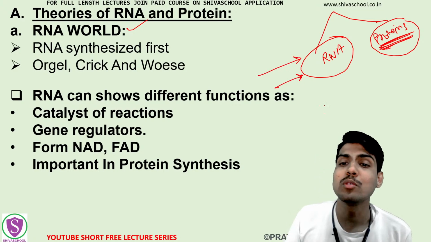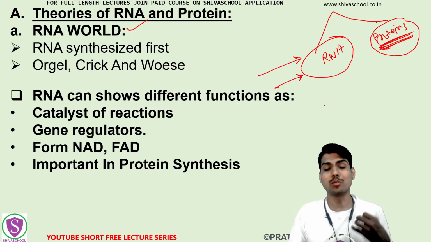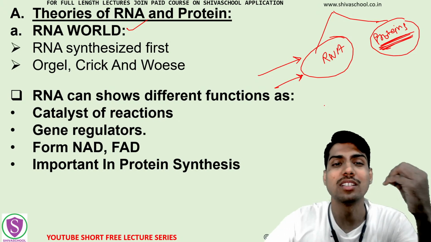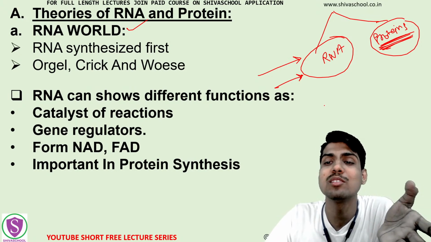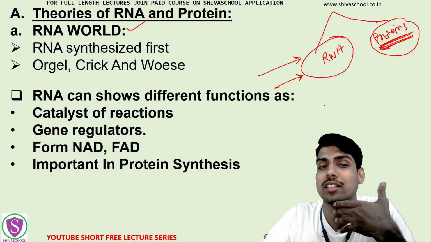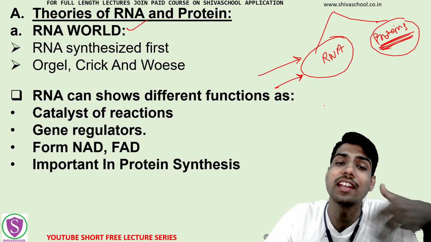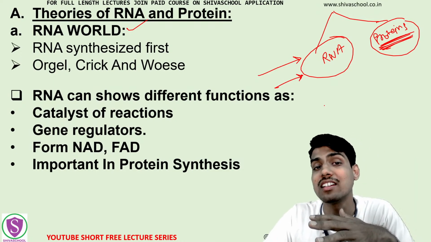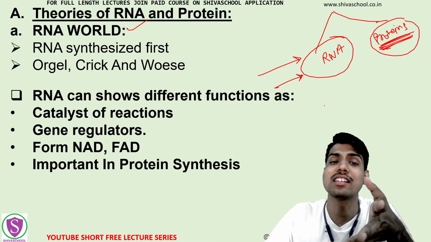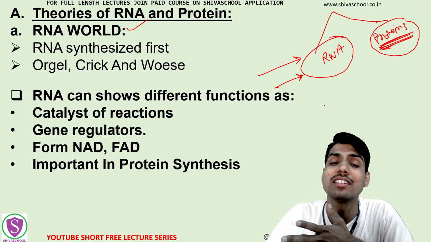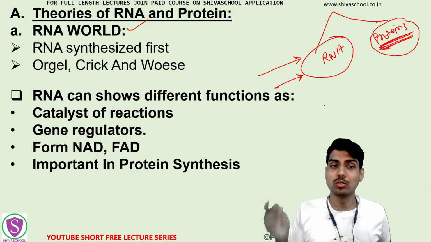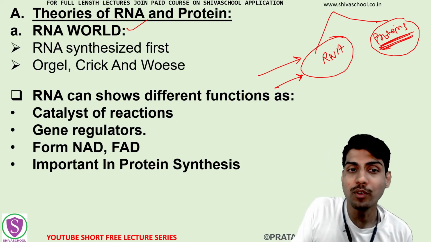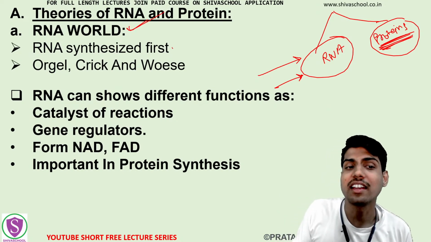Okay, see, ultimately for this whole process of transcription, translation, हमें क्या चाहिए, we require RNAs also, we also require proteins also, right? But some scientists said that पूरे RNA पहले बने, then protein synthesis started, and some scientists are saying that only the proteins are synthesized first, then the RNA or DNA formed later, right? So the first one is the RNA world hypothesis। इसमें क्या हो रहा है, the RNAs are synthesized first।